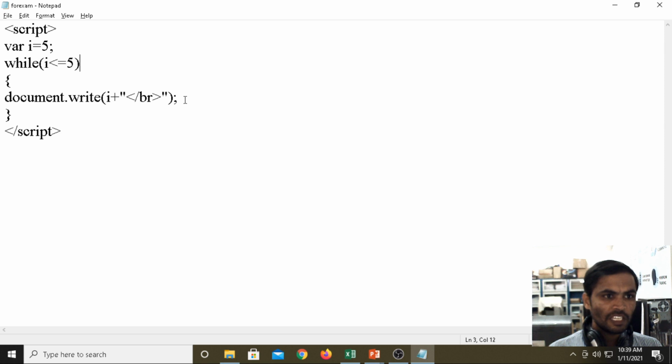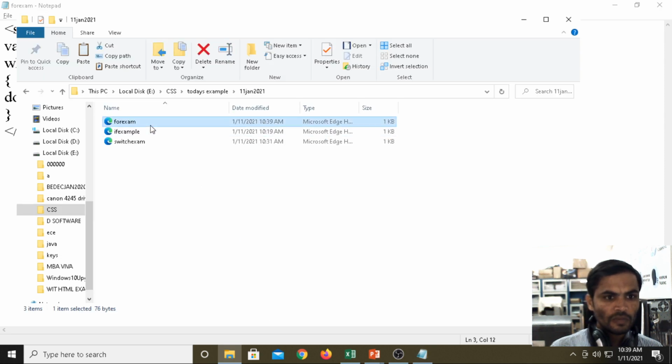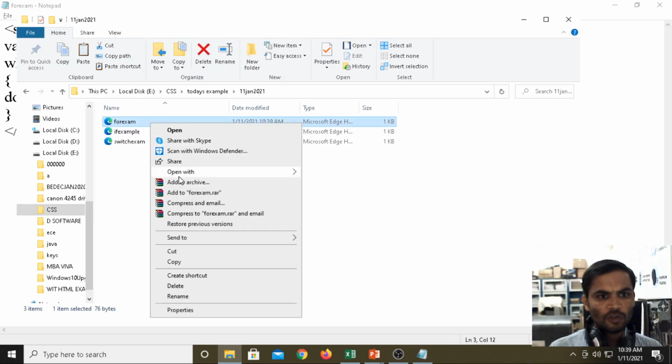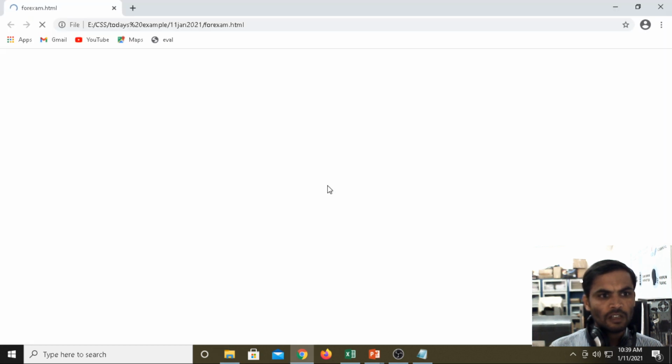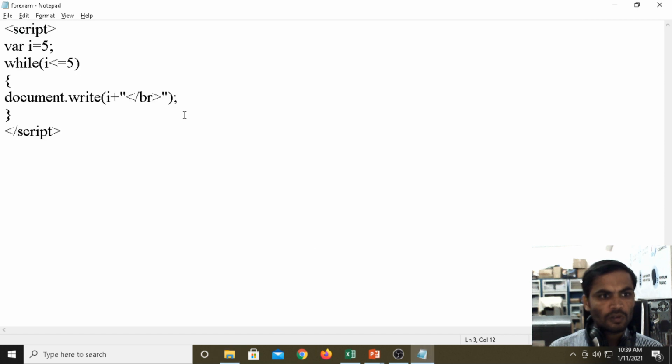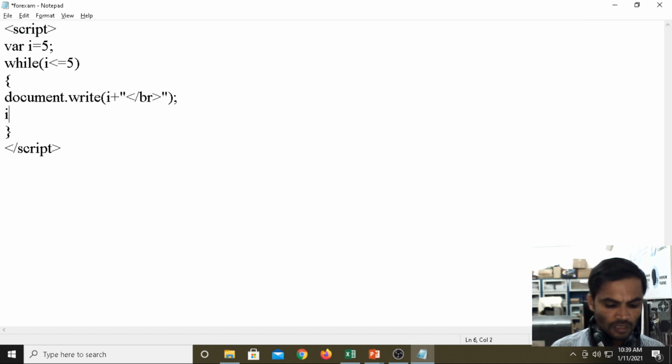For your understanding purpose, see here. Control S, then run the program. I just modified it under the for only, then run the program. Now see, it is executing the loop. Now, based on that, we are giving the increment operator, meaning the condition is executing.